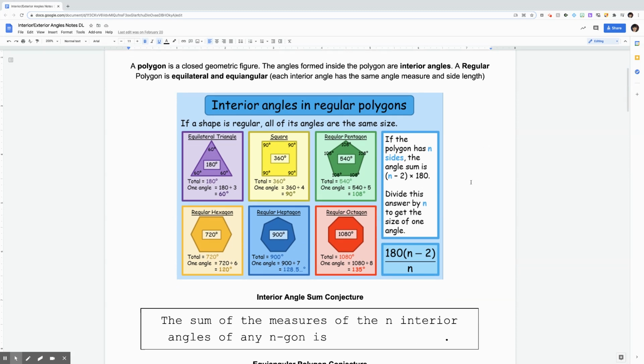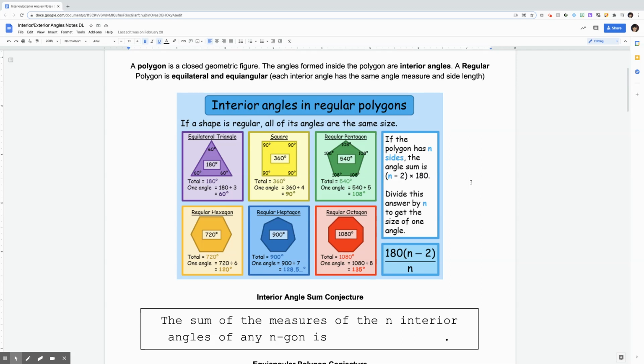Just as a quick reminder, when I'm talking about a polygon, it's just any closed geometric figure. It's our fancy name for a shape. Angles that are inside of a polygon are called interior angles. Shocker. In a regular polygon, we have